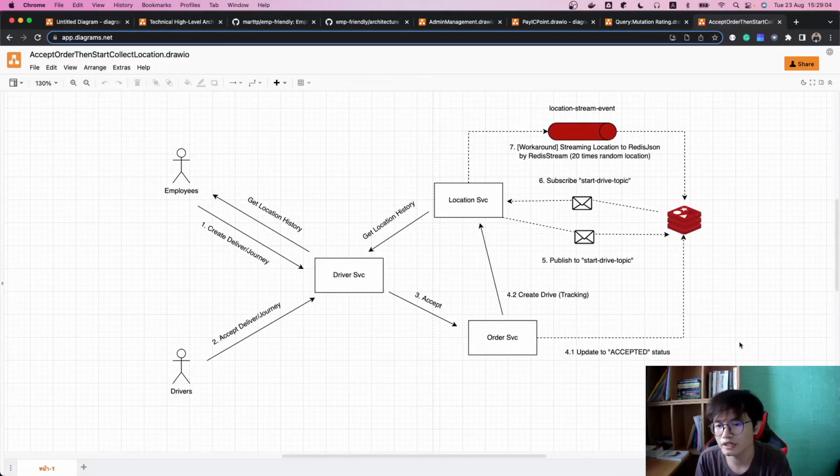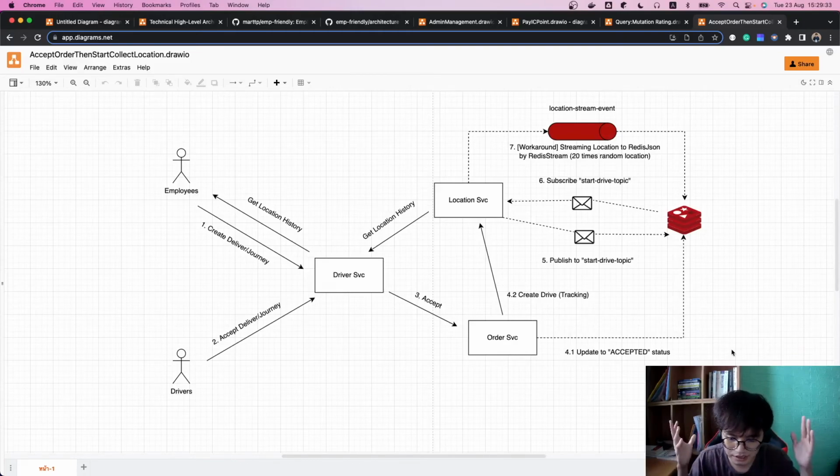When the driver accepts the order, it will change the status in the order service and then create the tracking in the location service, and then the location service will publish the message to a stream topic, and then the location service itself will subscribe to the topic, and then create the